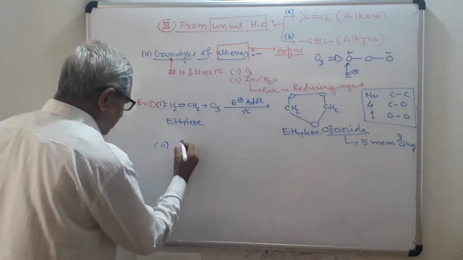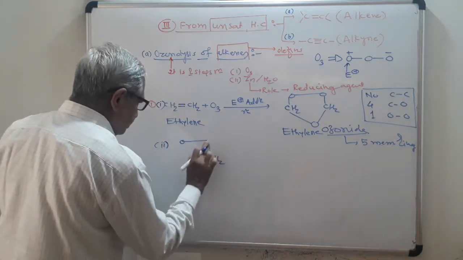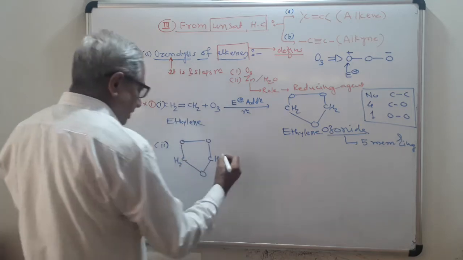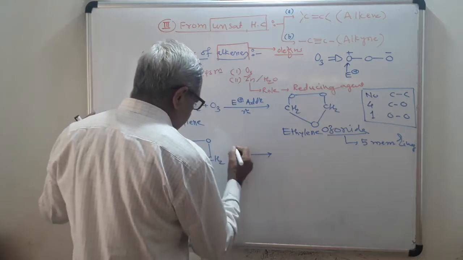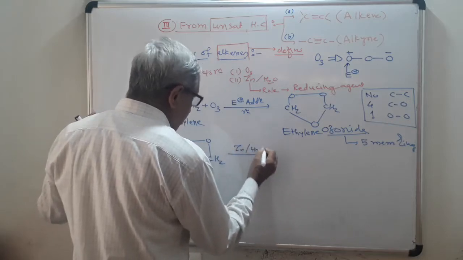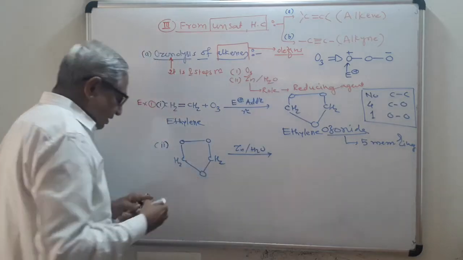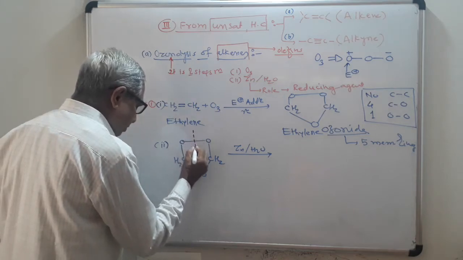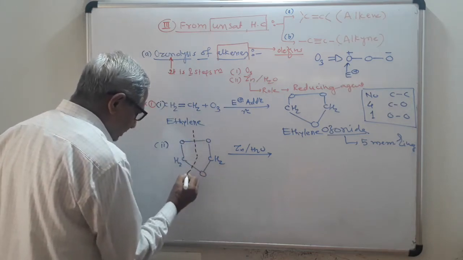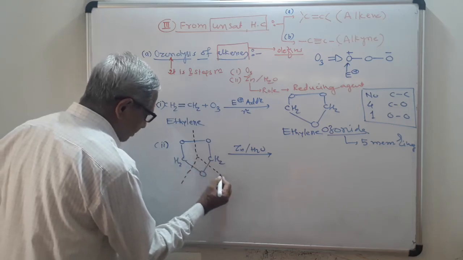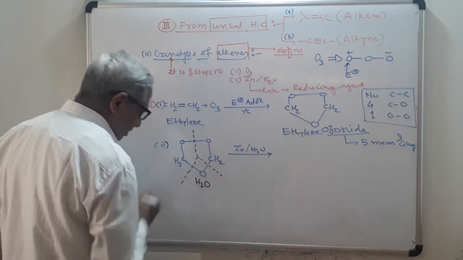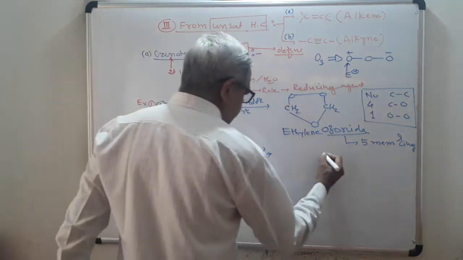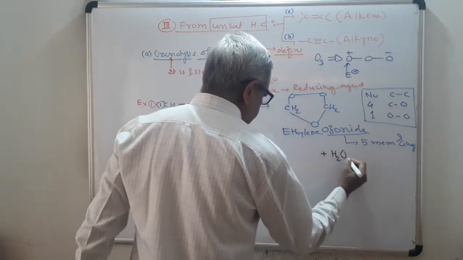So you start with the ozonide, CH2, CH2. This is your ozonide. You do the reaction with zinc and water. The role of zinc is a reducing agent. Now I will prove that it is a reducing agent here. During this reaction, the oxygen-oxygen bond will be broken, and one carbon-oxygen bond will be broken on each side, and a water molecule is added in this reaction. So by this, you will get the product hydrogen peroxide.